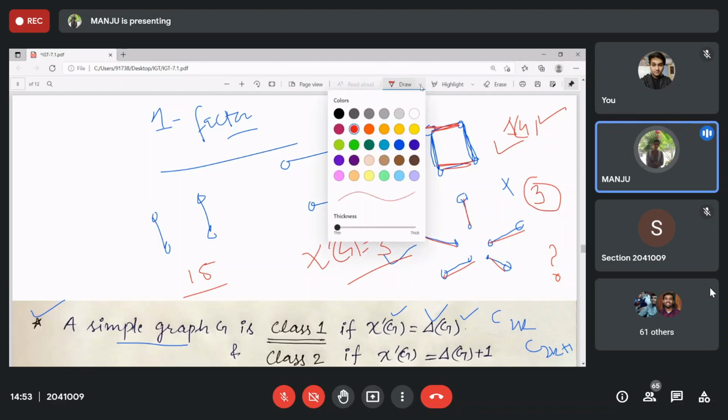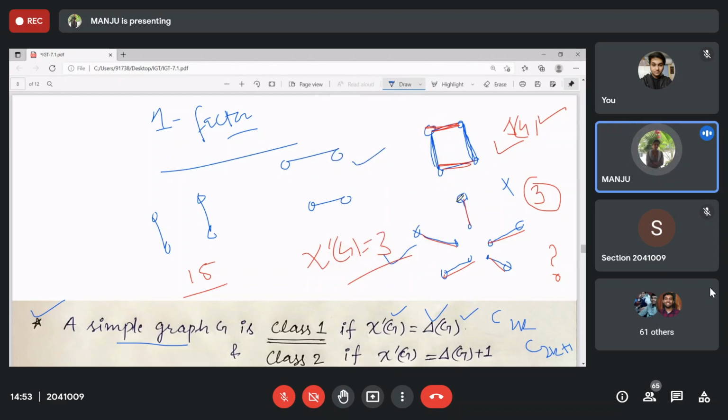So next color you can use it. This one, then you can skip it. This one, you cannot color by the same color. You cannot color this, right? You can use this, and this one. Only 4. Not this one, not this one, right? Not anything else. Okay. So here it is not equal to 3. But it has one factor.